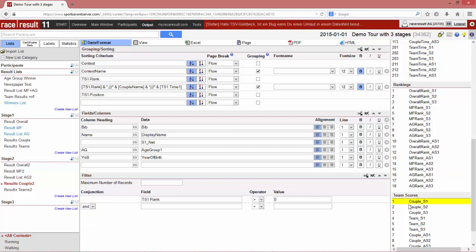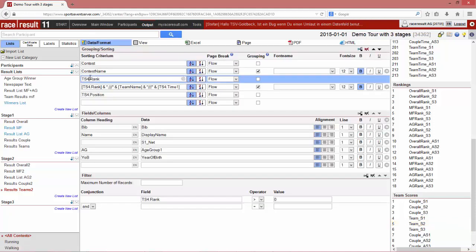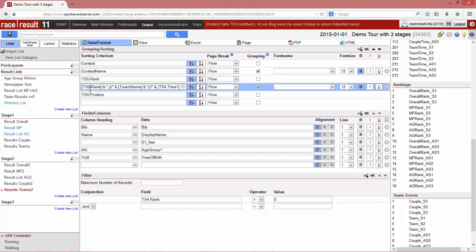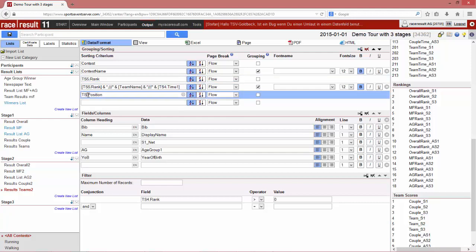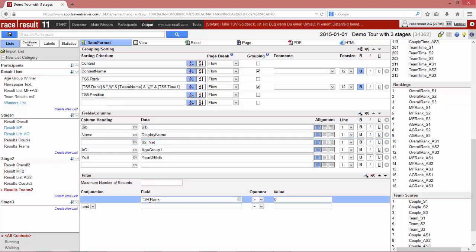So for stage 2, the team score for the couples is team score 2. And for the teams, it's team score number 5. Okay,